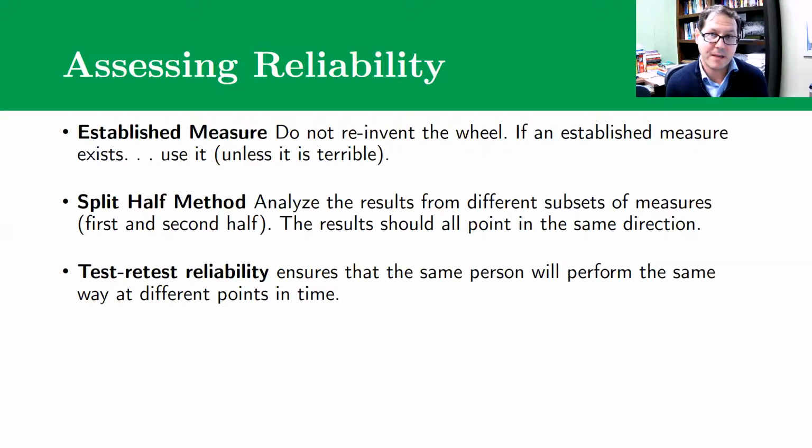If the attention of the rater or the person coding things shifts over time. Okay, test-retest reliability seeks to ensure that the same person will perform the same way at different points in time. And so again, this is getting at that idea that, at point A, if you administer a test, how will people perform? If at point B, you get a completely different result, well, is that a function of that person changing? They've learned something, they forgot something, they're in a different mood,